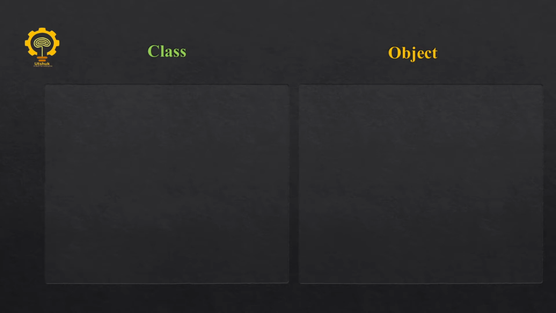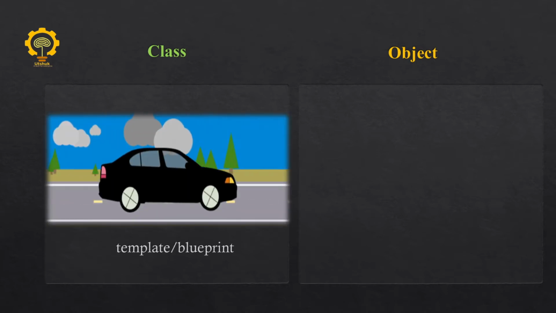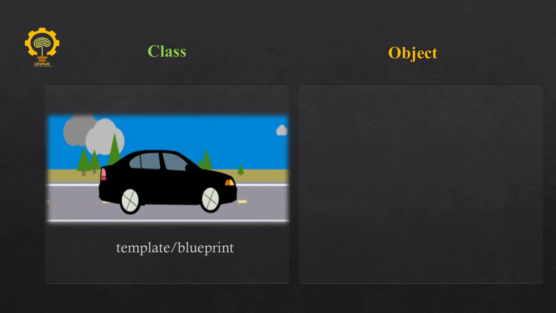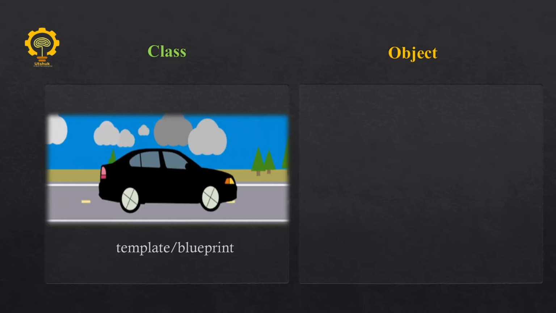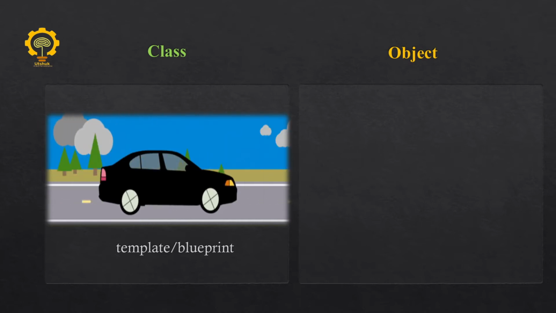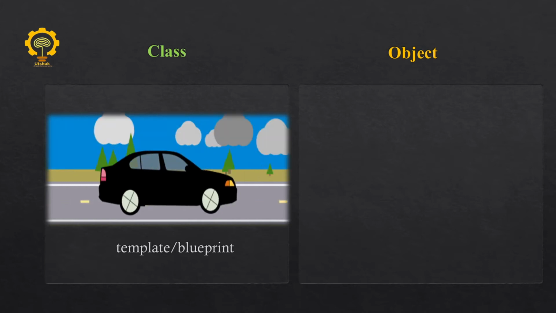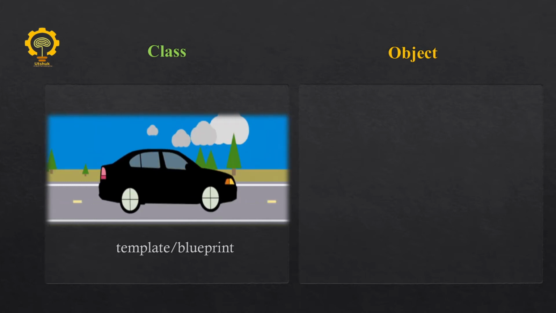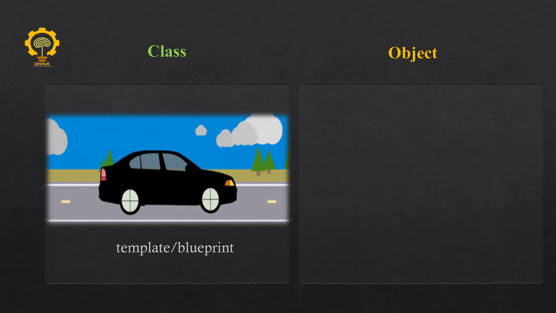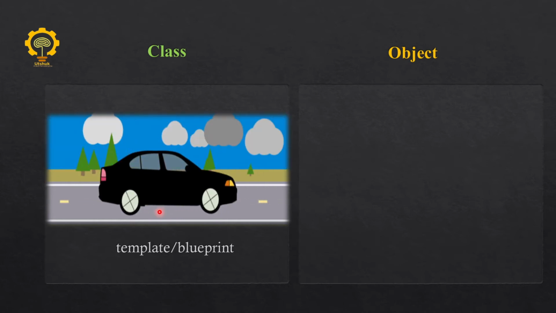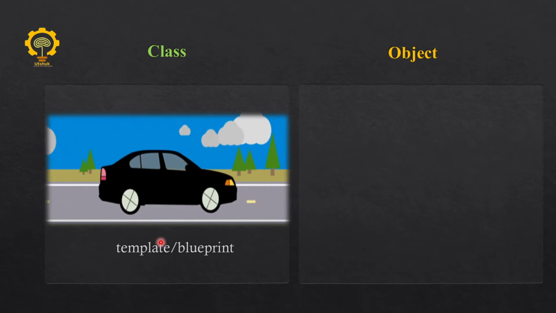Suppose we have the class Car, and this works as the template or blueprint, as every car has the same functionality as other models of cars, like four wheels, a brake, an accelerator or a steering wheel. All the functionality within a single car is the same as in other cars. The only difference is that it could be of other colors, or of a different model, shape and size. So here this car can be considered the class, template or blueprint.